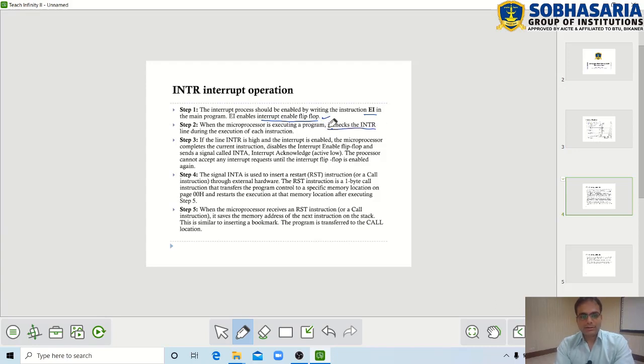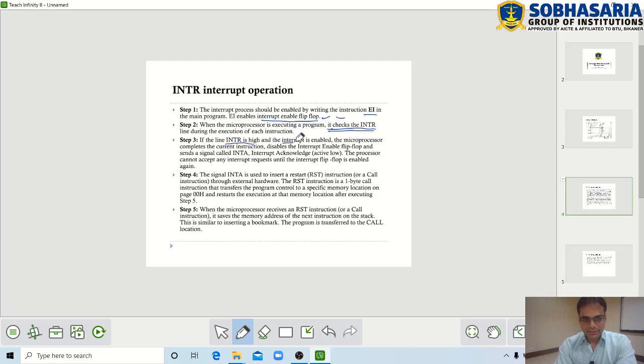So the microprocessor checks this INTR line after each instruction if we have enabled this interrupt enable flip-flop. If this interrupt enable flip-flop is disabled, then the microprocessor need not check this INTR line, right? If this is enabled, then the microprocessor checks whether INTR has occurred or not. Suppose it occurs, INTR is high; in that case, what are we going to call the situation? That the interrupt is received, right?